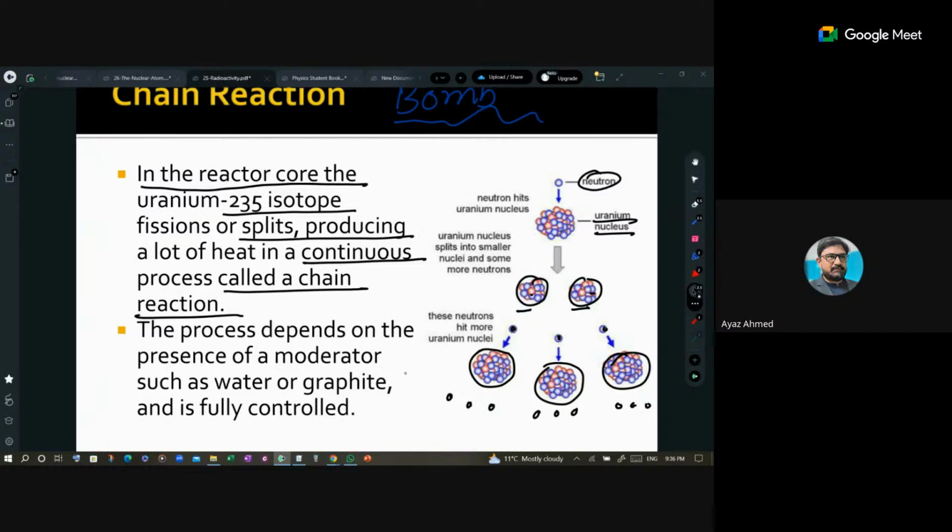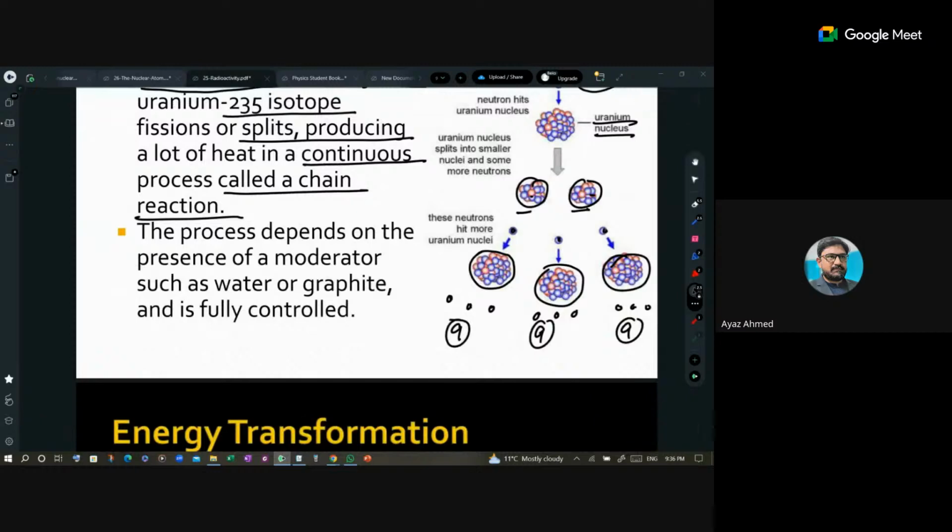It means there is now a possibility of nine uraniums being broken, right? In this way the process continues, and in seconds trillions of uranium atoms have been broken. This makes the nuclear fission